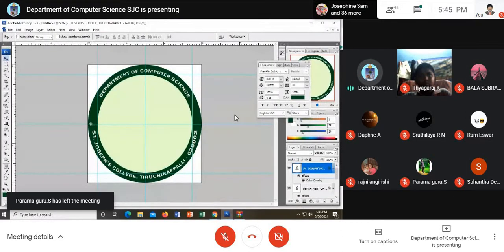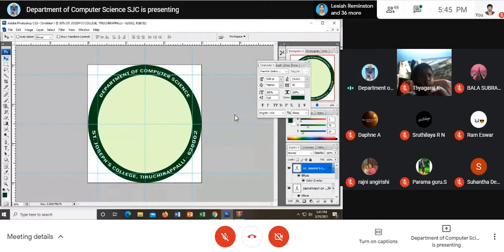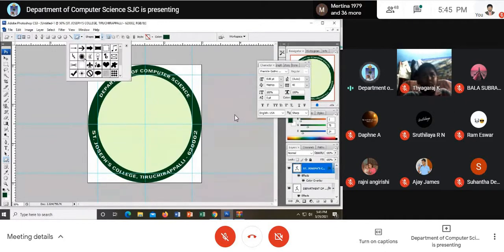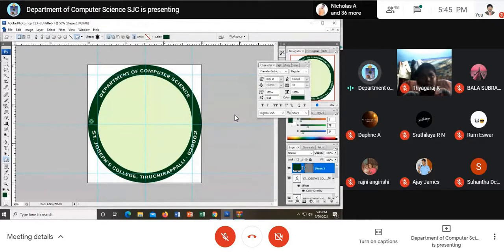Now, shall I keep a small circle here to differentiate the top and the bottom? I go again to the custom shape tool, and from the shapes, I take this star-like flower design. I keep it in this corner, exactly on the top of this.